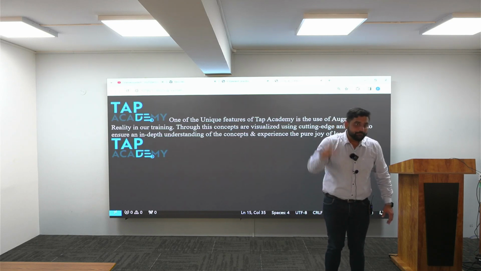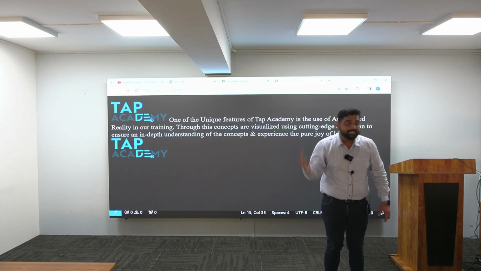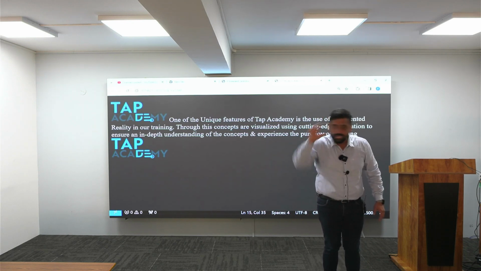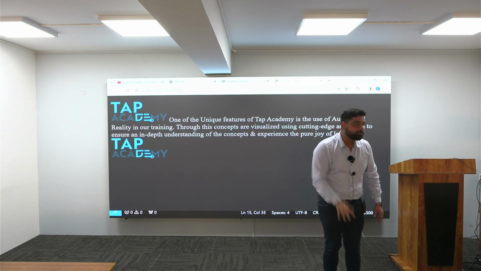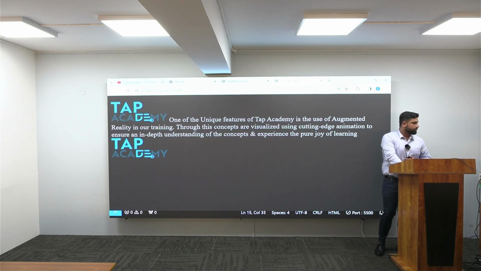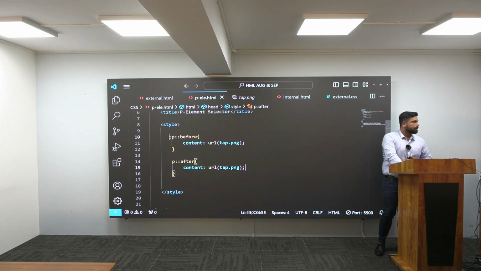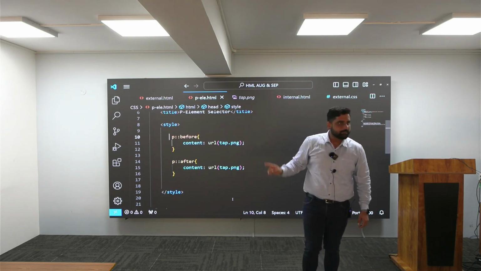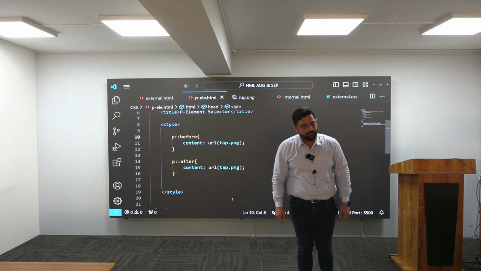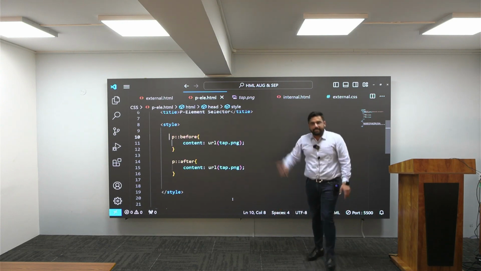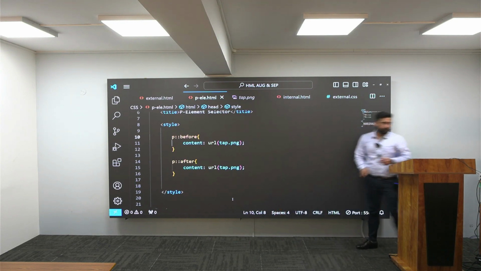We have to use the pseudo element selector only, and in pseudo element we have to use the first letter selector. Which selector do we have to use? First letter. As we have used before and after, like that we have to use the first letter selector. Now what will I do? Please focus here. Whatever before and after I have given, I want to comment this. Can we comment in HTML? Yes. Comments that you have seen in Java, right? Like that, if you want to comment in HTML, you can. How to comment? Very simple.